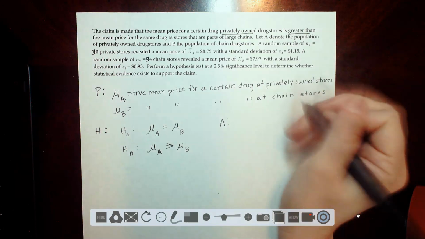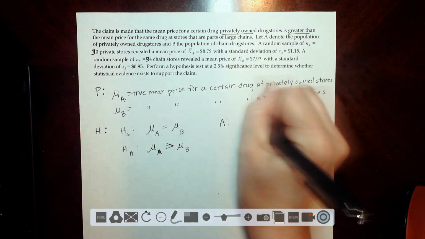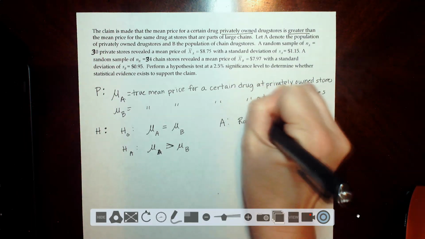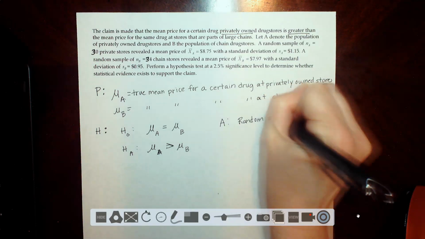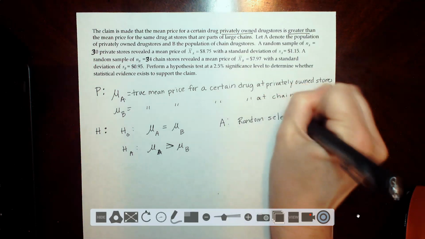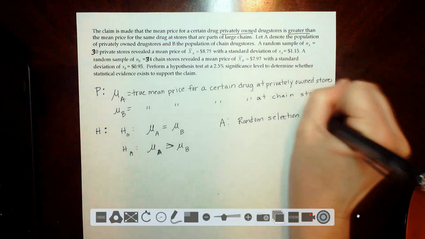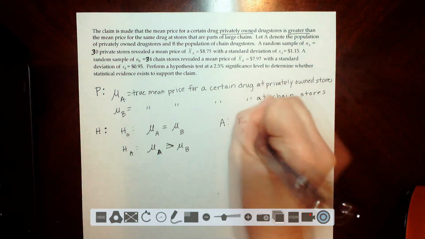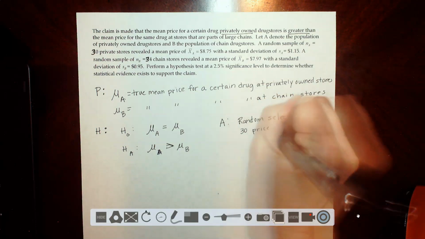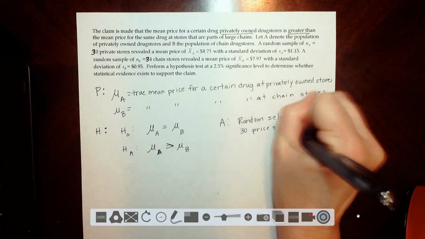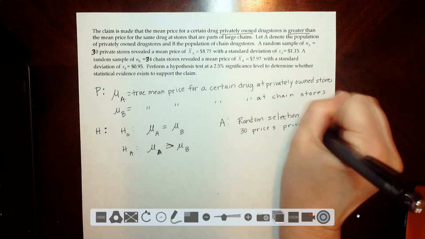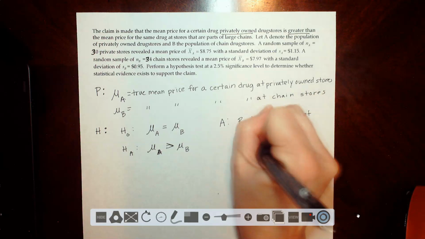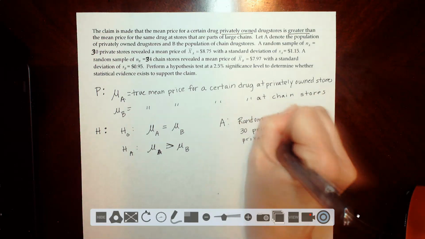So we're going to have a random selection of 30 prices from private stores